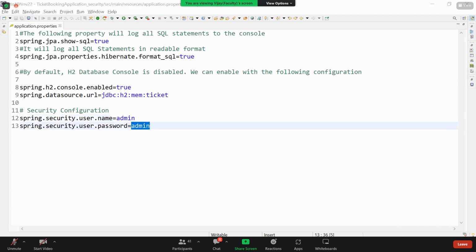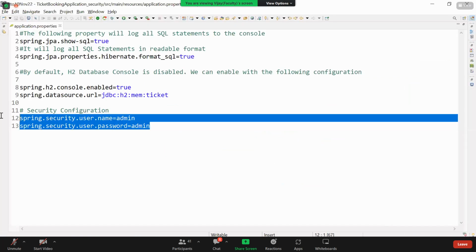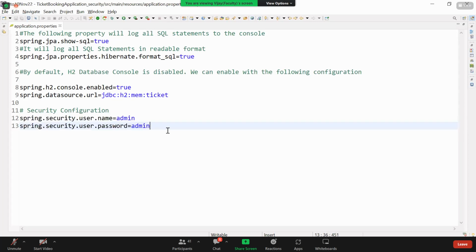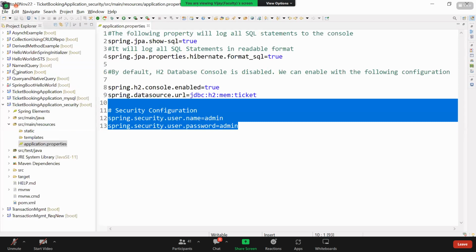The default web security configurer adapter verifies whether we have these two properties or not. If it doesn't have anything, it will take spring.security.user.name as user and spring.security.user.password as generated, a random value. Assuming I'm giving those, it will override the security values. Now, if I run this application after adding this,